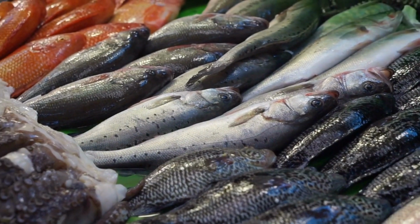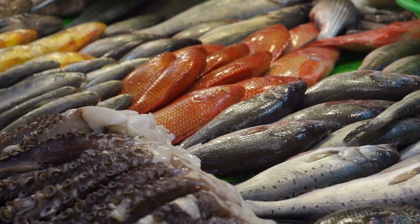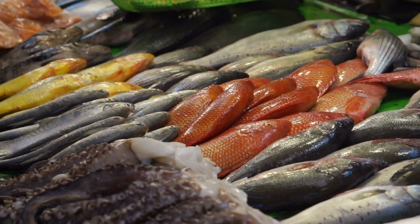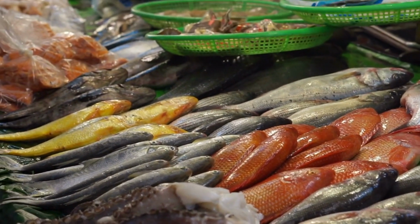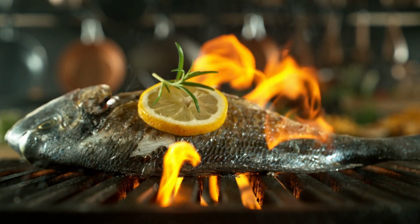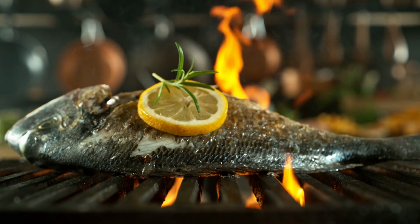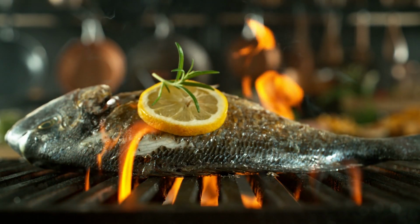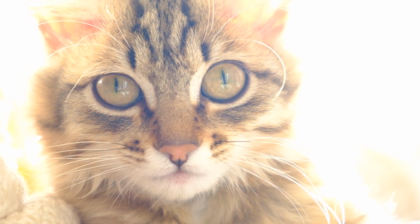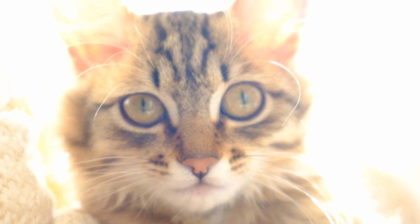Omega-3 fatty acids are essential for your cat's skin health, coat condition, and joint mobility. These fatty acids are particularly important for reducing inflammation, promoting a shiny coat, and supporting heart and brain function. Cats typically get omega-3s from fish oils or flaxseed oils, but deficiencies can occur, especially if the diet lacks these sources. Signs of omega-3 deficiency include a dull or dry coat, flaky skin, and even joint issues, especially in older